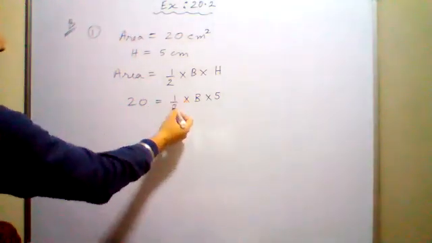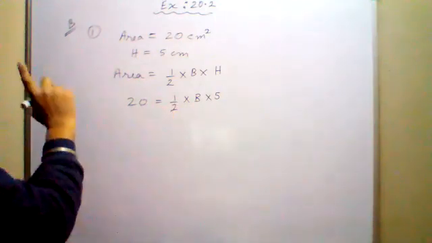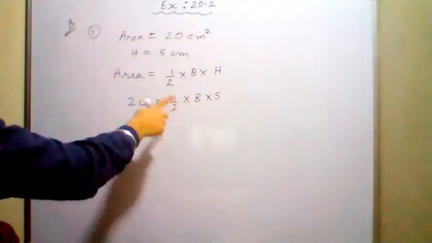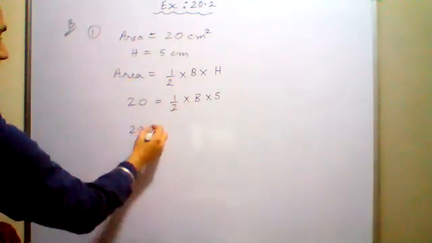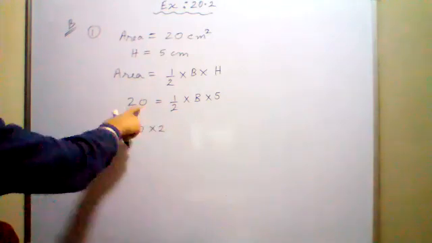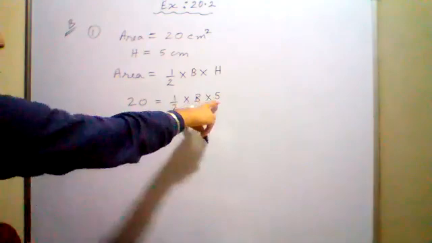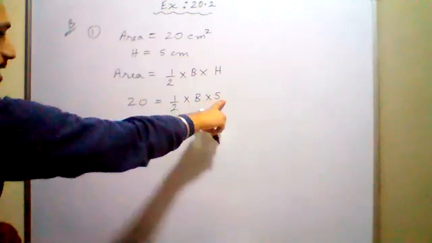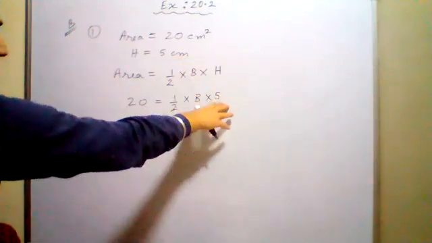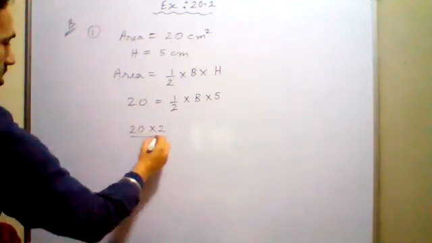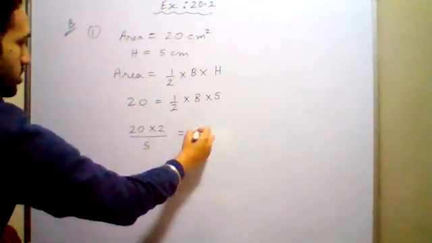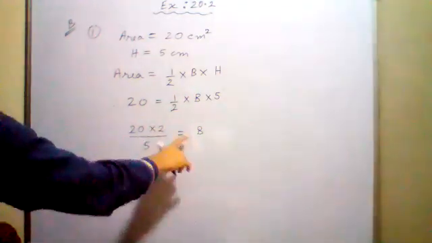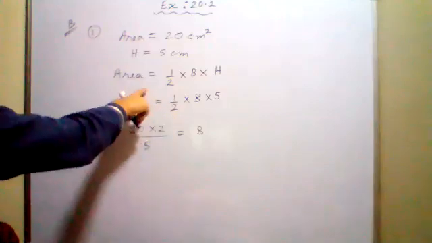2 is in numerator or denominator? 2 कहाँ पर है? Denominator में. Right? It is in denominator. Yes, sir. So when it will go to the LHS, it will go in the numerator. देखो, 20 multiplied by 2. Numerator से multiply हो जाएगा. Okay. And 5 is in numerator or denominator? 5 is in numerator. So 5 will go in denominator: 20 into 2 upon 5 equals to b. 1 into b is b only. So b बचा यहाँ पे. Clear or not? 2 denominator से numerator में चला जाएगा.